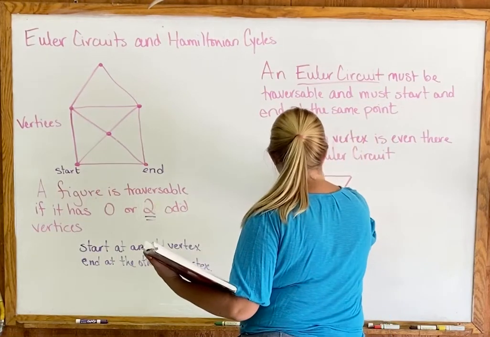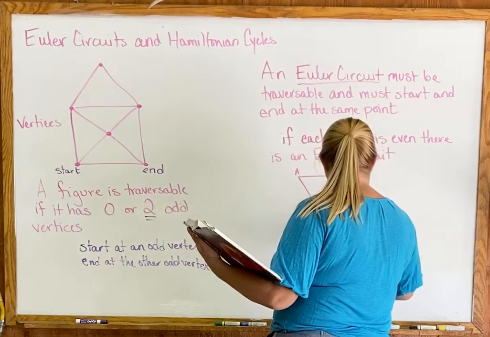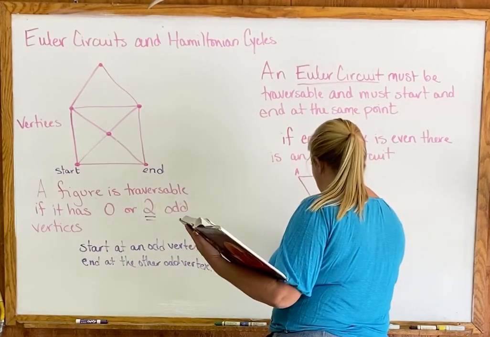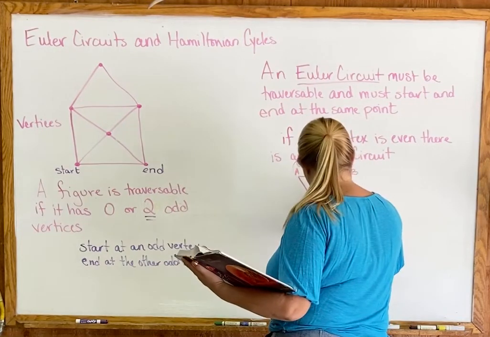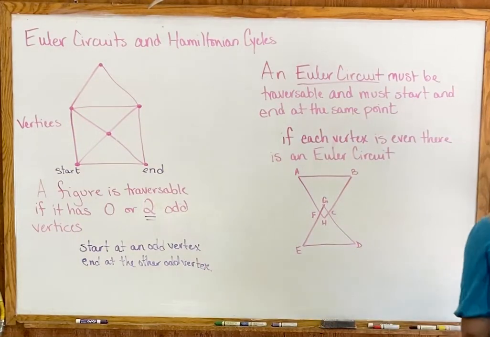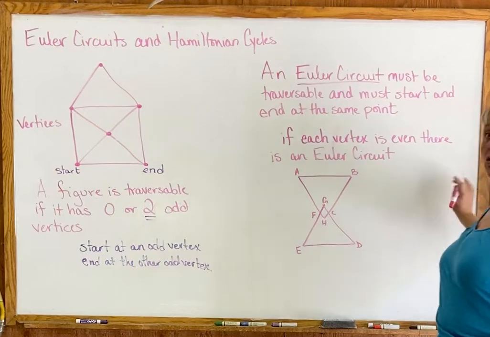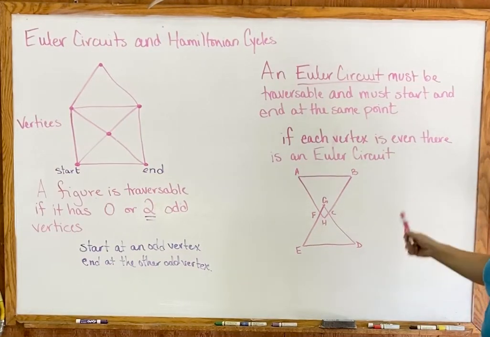And it labels these A, B, C, D, E, F, G, and H. Okay, so we want to know if there is an Euler circuit here, which means what we need to do